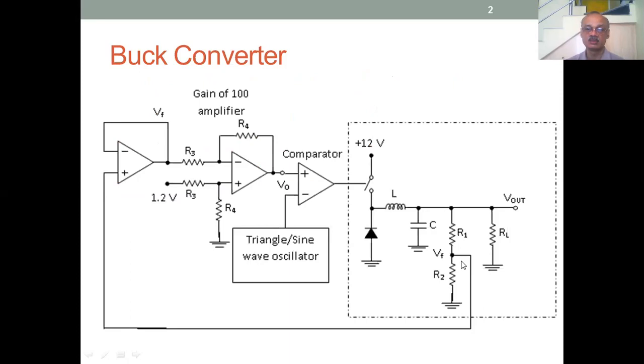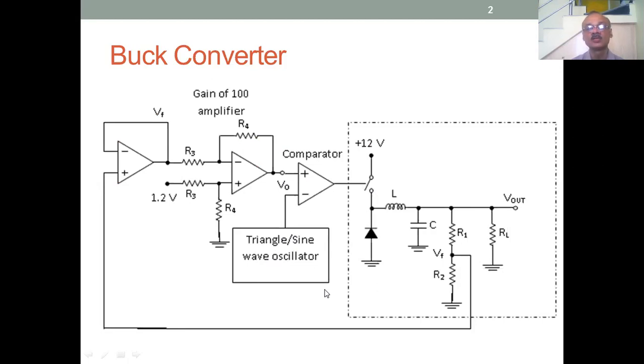Okay, so again, just to quickly recap, this is a buck converter. We have designed the basic buck converter. You have learned how to find the specs for the op amps and the comparator, the gain of 100 amplifier. What is left now is what happens with this ideal switch, which is what we'll discuss this time. And in the next lecture, we'll discuss the design of the oscillator, and that will be the end of the discussion on the buck converter.